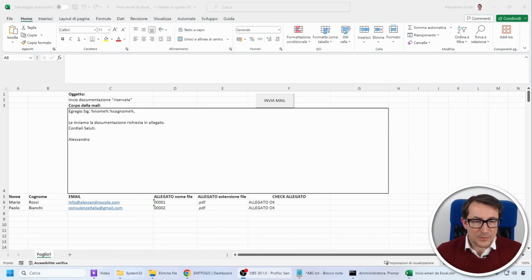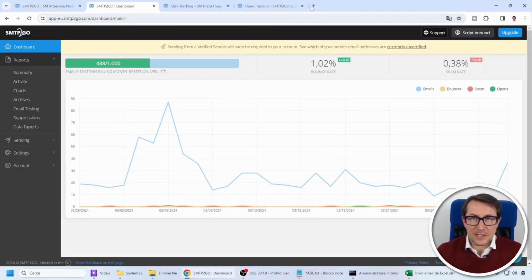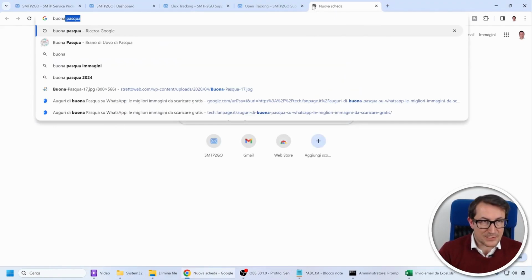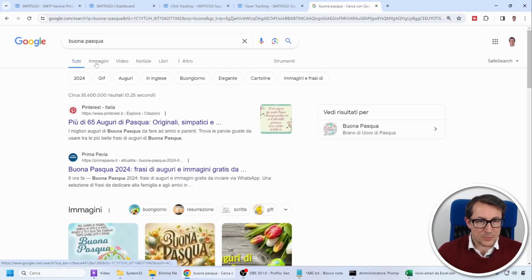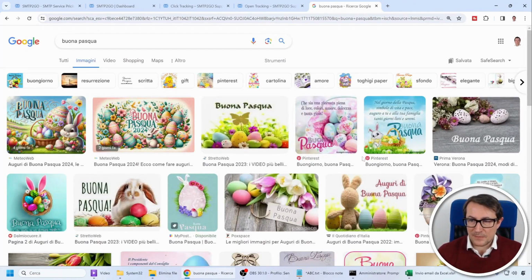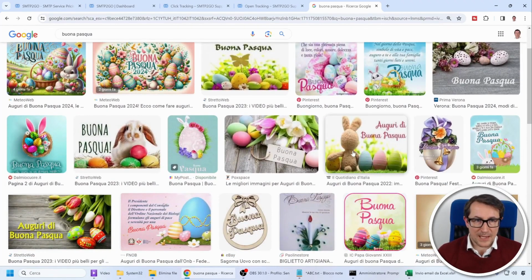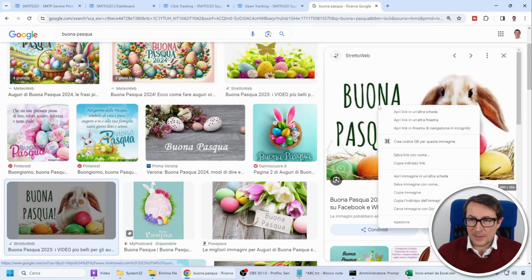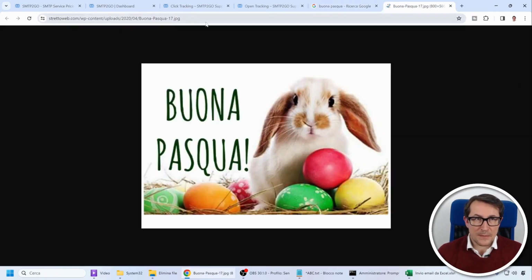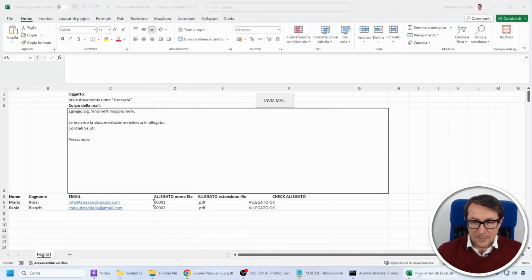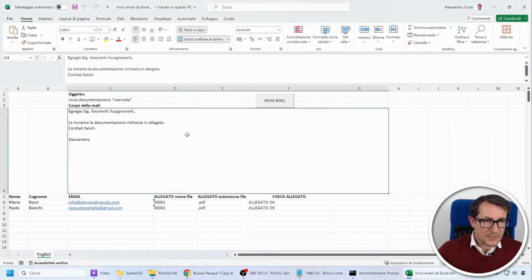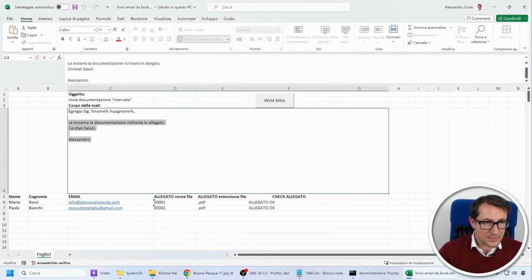Let's just perhaps do an example of sending an HTML email. Since it's Easter, let's go look for an Easter greeting image online. Let's embark on a quick task. We'll start by opening this image in a new tab, which is a straightforward process. After that, we'll carefully copy this link, ensuring its accuracy, and proceed to write the message.